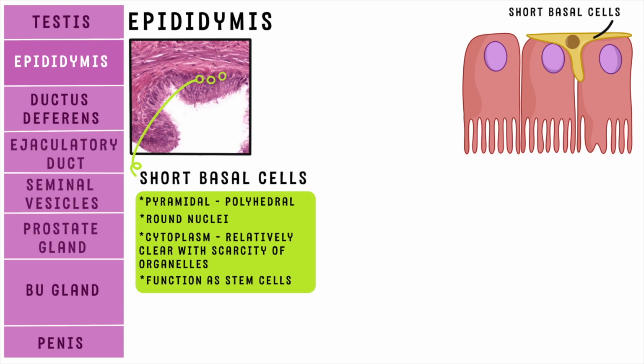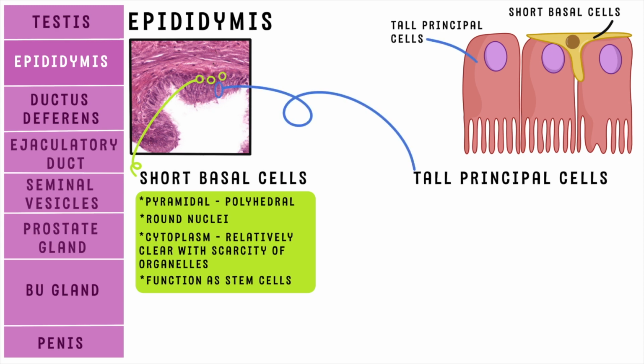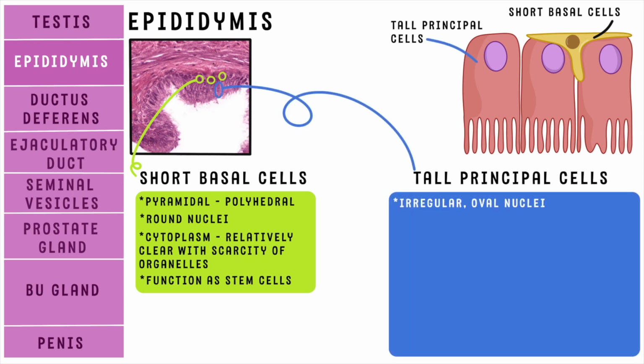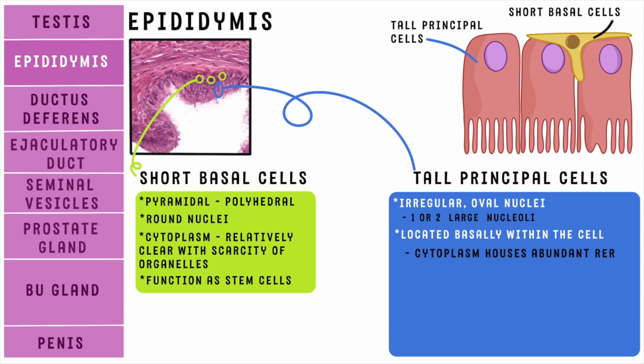And the second type is the tall principal cells. They have irregular, oval nuclei with 1 or 2 large nucleoli. Those nucleoli are much paler than those of the basal cells and are located basally within the cell. The cytoplasm of the principal cell houses abundant RER located between the nucleus and the basal plasmalemma. The cytoplasm also has a large supranuclear Golgi complex, numerous profiles of apically located smooth endoplasmic reticulum, endosomes, and